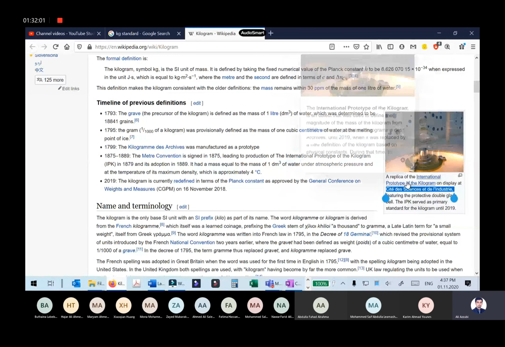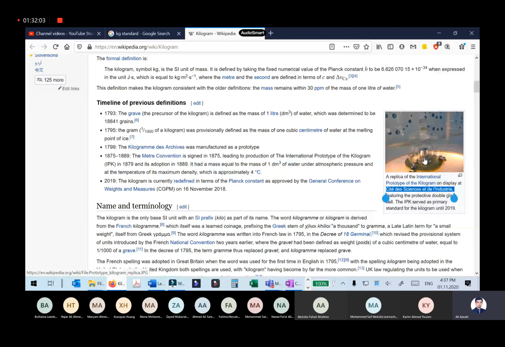So this is a replica of the international kilogram, the body that has been used to define the kilogram. Okay, so here I can see that the definition of this unit is attached to a body. People in the world have agreed that this kilogram, they have reserved it, they put it in some place and agreed on that unit, and they started to make replicas of that body. All of them have the same weight, and use them to calibrate weighing balances and other instruments that need